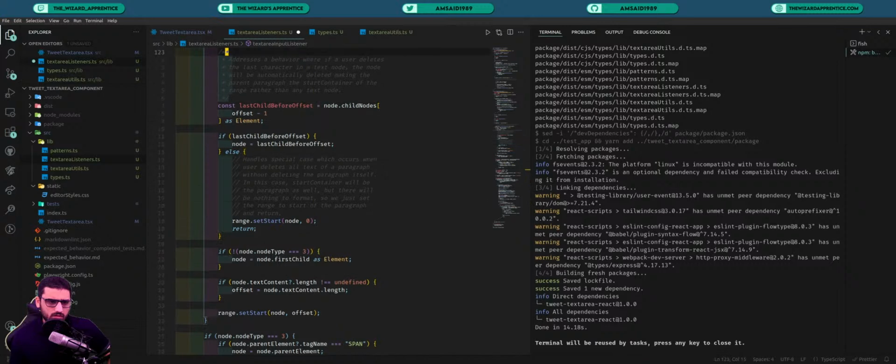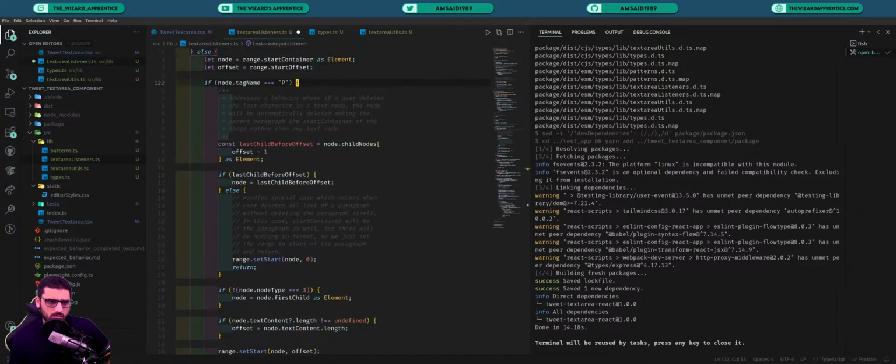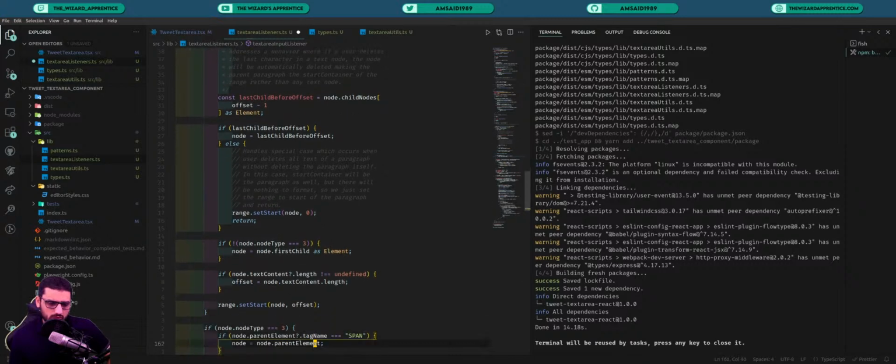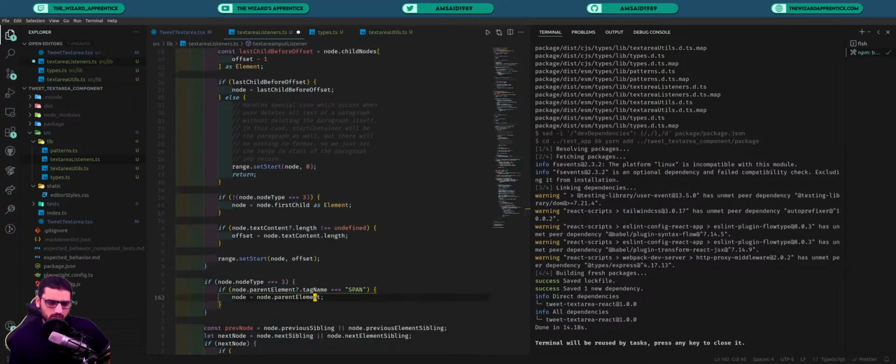This handles the case when the start container is a paragraph, so it finds the text node in that paragraph if it exists and sets the cursor properly in there. If the start container is already a text node, then